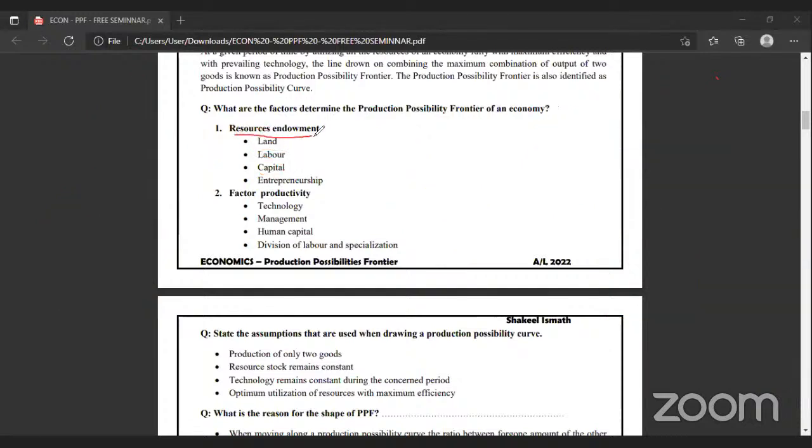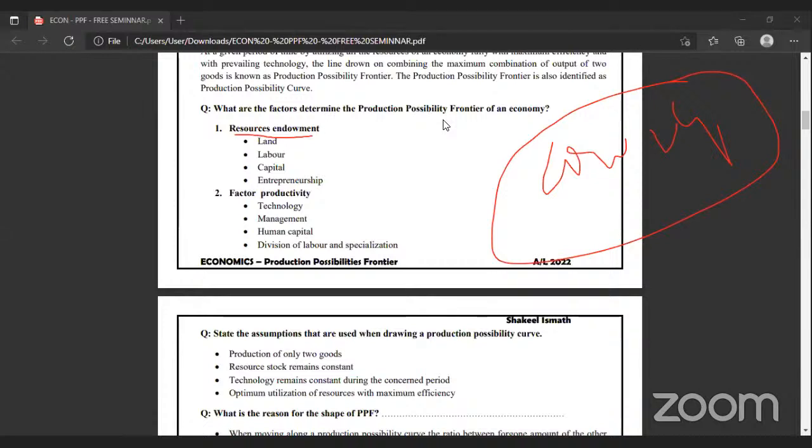So when the availability of resources is increasing, the PPC will shift to the right side. If the availability of resources decreases because of a disaster or whatever, it shifts inward. Now tell me guys, I will come to the point here itself. Will this 2020 COVID-19 cause a shift in the PPC, or what? What will happen to the PPC? Just write it. Tell me. Decline, shift in the PPC, inward shift, shift to the left, sir.